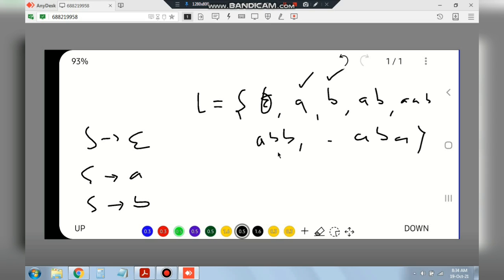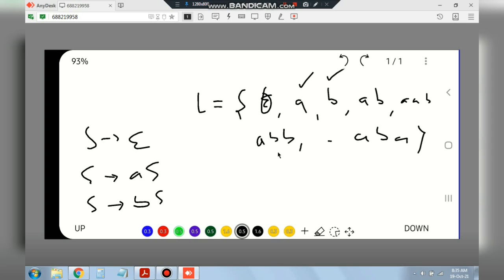Suppose that I want to generate AB. If I want to generate AB, what I can write is S goes to AS. So instead of this S, what I will replace is this one. So I'll get AB. But if I have to generate BA, what I'll write? This one, BS. So instead of this S, if I write here AS, then it will generate BA. Okay. And if I want A continuously or B continuously, that's already there. Instead of this S, if I replace with AS, it will be AAS and so on. In this case, it will be BBS and so on. Okay. So all the possibilities I've covered in these 3 lines.